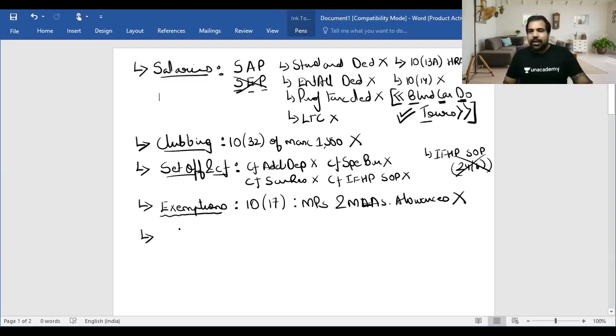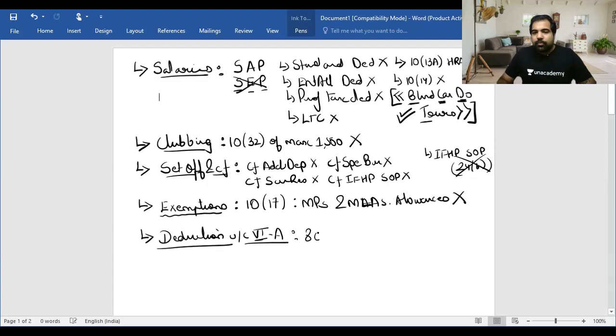Next, guys, GTI, there is nothing like GTI. There is no chapter like GTI. Then there were deductions under chapter 6A. If you remember 80 series, 80C, 80D, none of them are allowed. Right from 80C, where we had a shortcut to remember the entire 80C. If you've not, then watch the fast track course, guys. Really helpful. It'll help you summarize all of this very well. But all the 80C to 80JJ were under chapter 6A. Amongst that, only 2 are allowed. Let me remind you which 2.